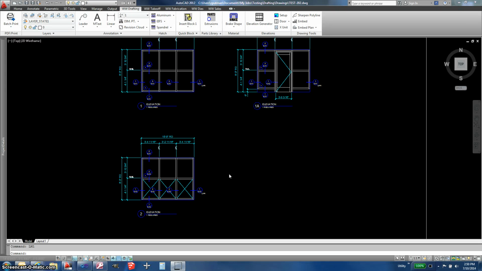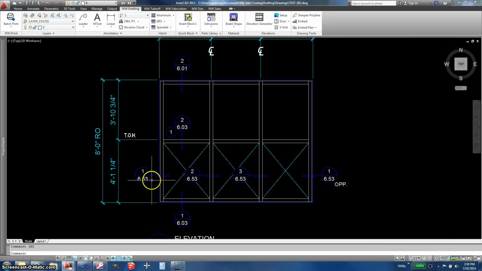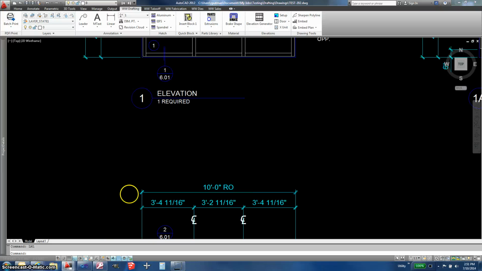Hello, this is Zach, and I'm going to show you how to use the new reference detail feature in the Takeoff program. So I have here the second elevation of my project, and it has some new detail bubbles. So I'm going to take a look at how these detail bubbles differ from the detail bubbles that I have